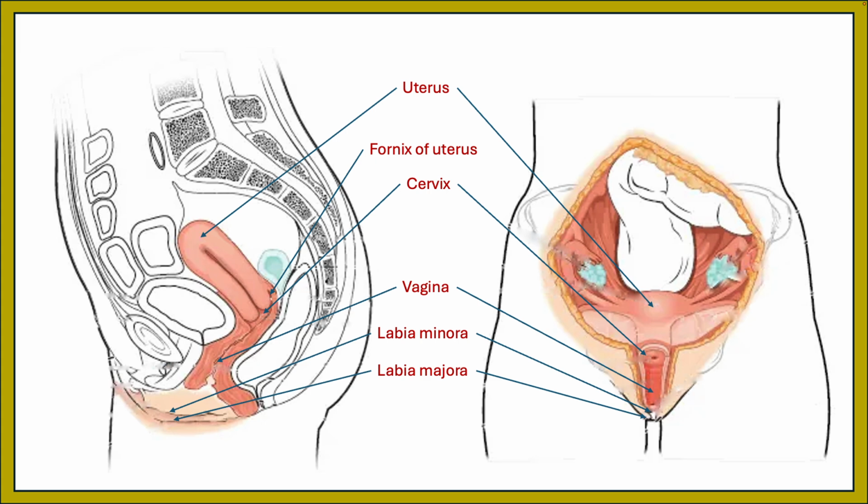The walls are lined with an outer fibrous adventitia, the middle layer of smooth muscle, and an inner layer of stratified squamous epithelium that rests on a lamina propria. The epithelium is going to form some transverse folds, which are known as rugae, which increase the surface area and allow for stretching. The vagina is also home to a population of microorganisms that help to protect against infection